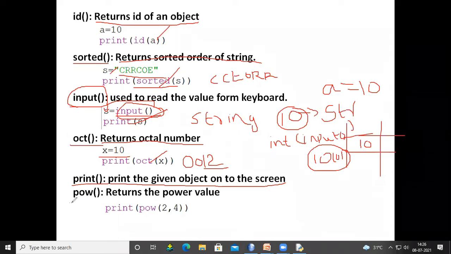So next, power. This power function returns the power value. I want to find 2 power 10. Then I use the power function, power of 2 comma 10. Okay. So we execute these functions.